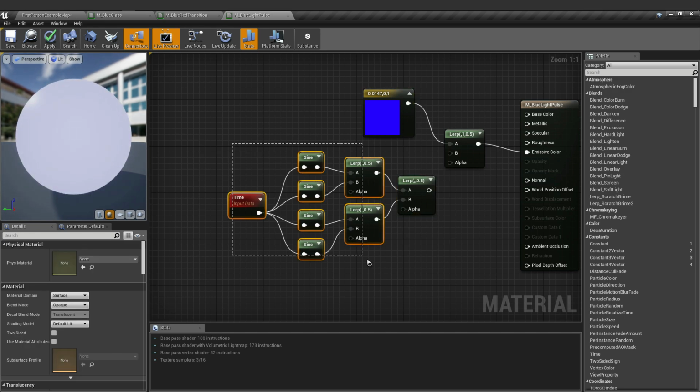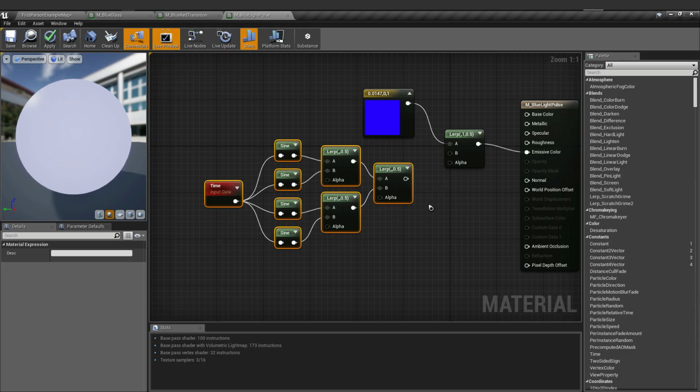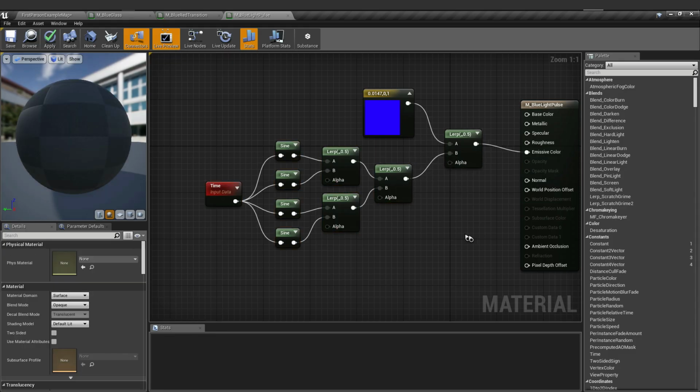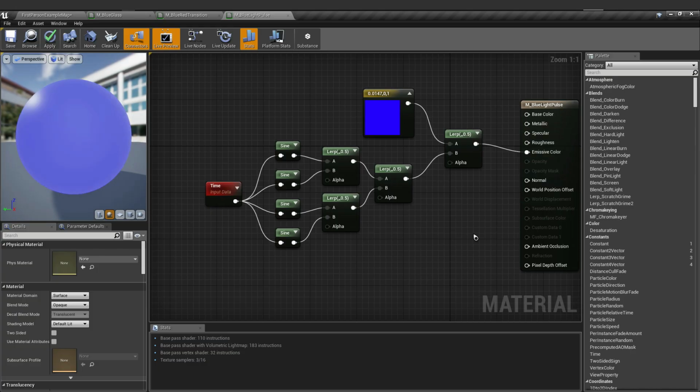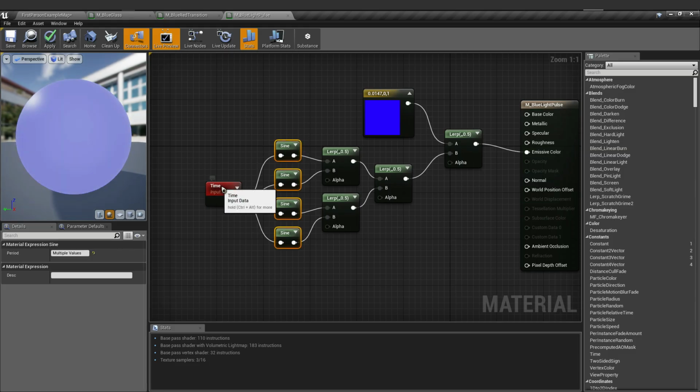And lastly, we're going to connect this one to our original linear interpolate node. So we're going to connect this on B. As you can see, the pulsing blue light changes randomly using our 4 sines with different values.